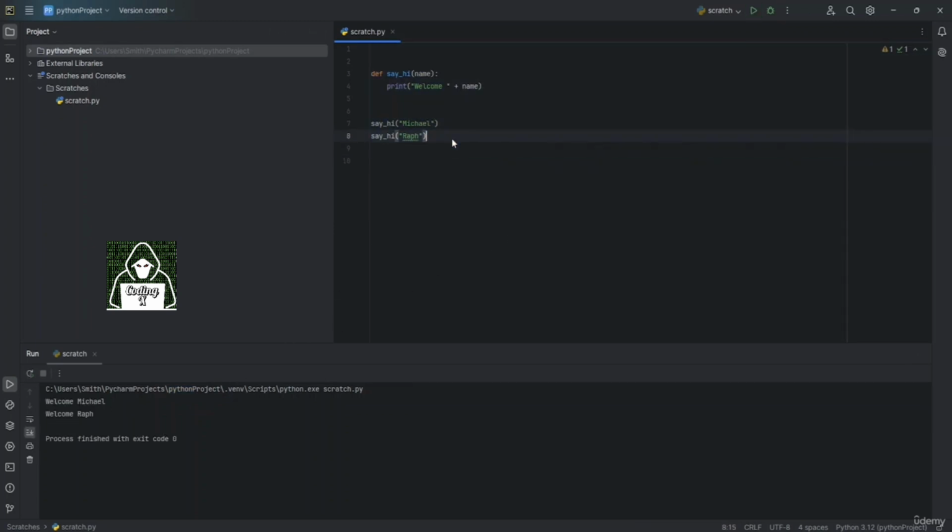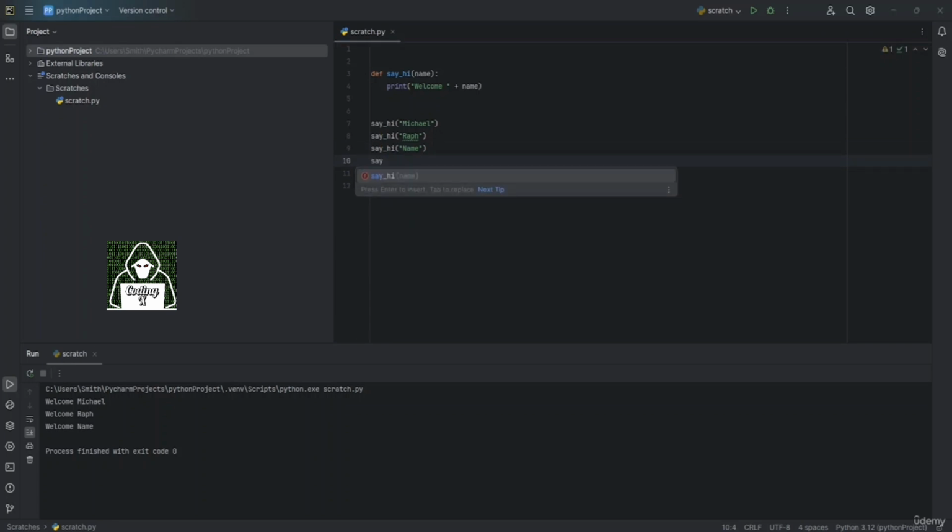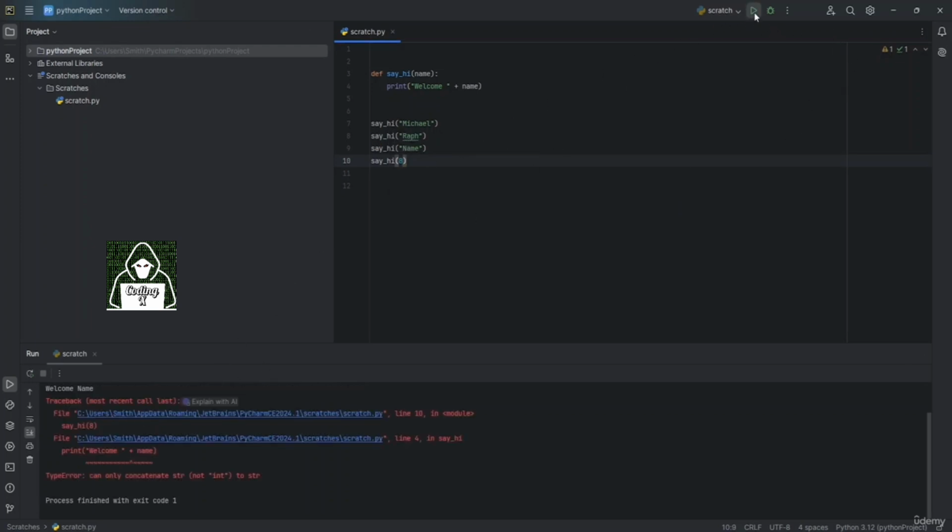So now you can see why a function is used most of the time. It's because you can use it multiple times over and over again, and you'll also be able to customize it anytime you want. So if I just put in another word, let's say I'm going to put in say hi. Now, if I put in double quotation, and if I put in just name and hit play, it will also say welcome name. Now, you might think, what is it going to be if I put in a specific number? So if I put in say hi, and if I put in a specific number, let's say an 8, and I play it out,